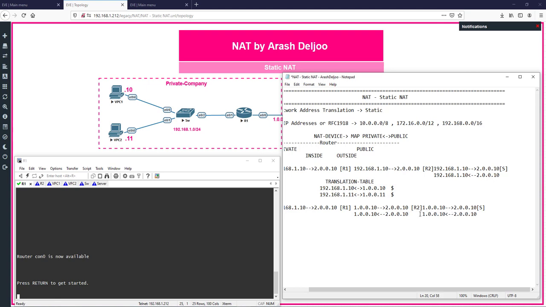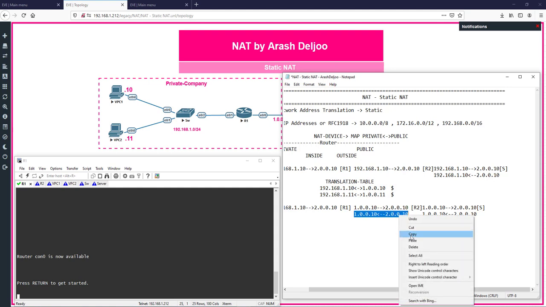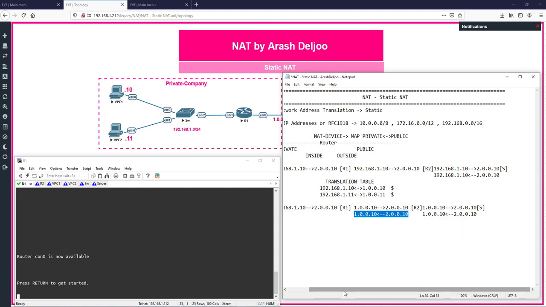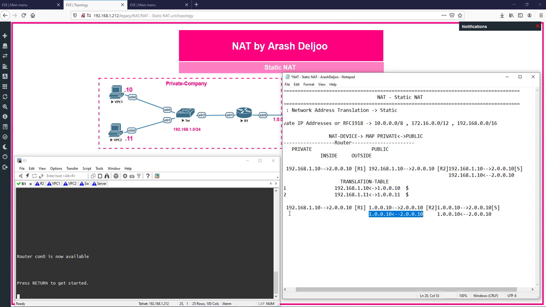Then router 2 sends the packet to R1. R1 now should translate the destination, because the packet is received, and R1 now can translate the destination IP to 192.168.110. When the packet is forwarded, R1 should translate the source IP, and when the packet is received, it should translate